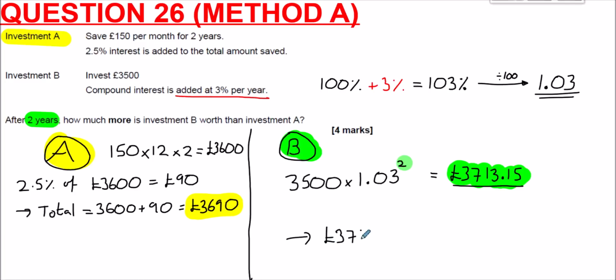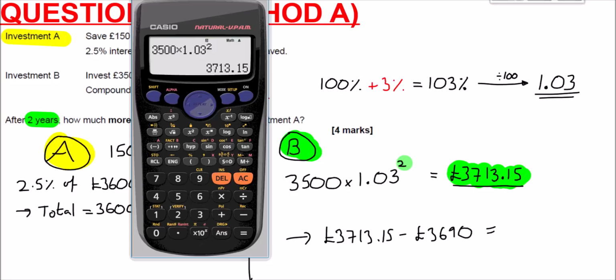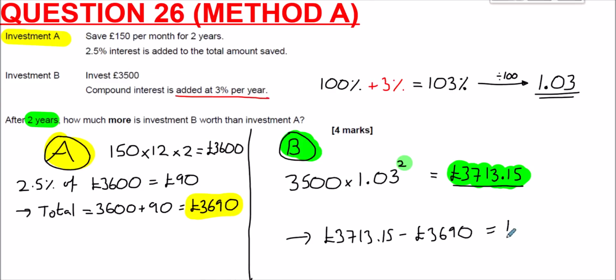So £3,713.15 subtracted from 3,690 will tell us how much more investment B is compared to investment A. And so if we do this one, subtract from 3,690, we will find that there's £23.15 difference between them. So that's how much more investment B is worth than investment A,